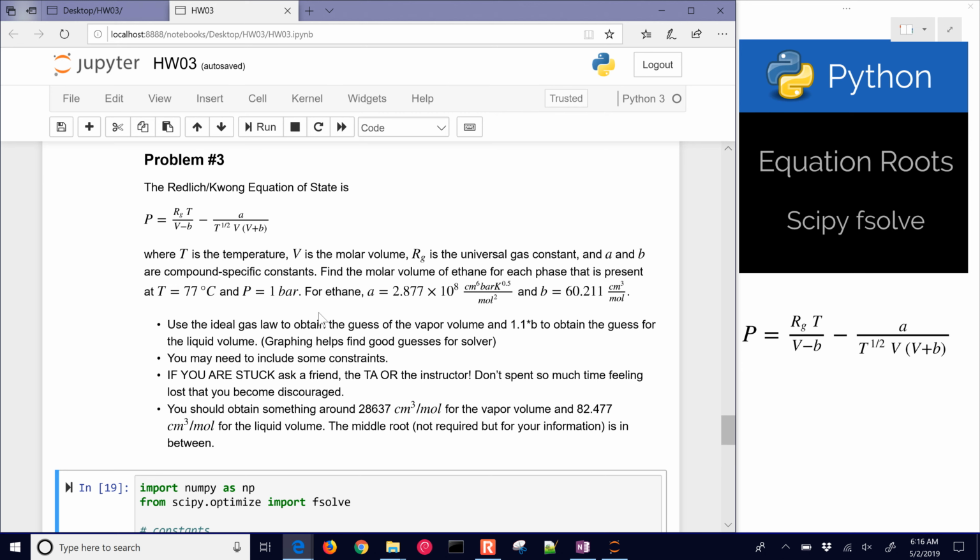We want to find the molar volume values for the gas and also for the liquid. We have T is the temperature, Rg is the universal gas constant, and A and B are compound specific constants. We have some of those constants listed there for ethane, and we're going to find this at 1 bar atmosphere and 77 degrees Celsius. So we have the one guess value that we can use, which comes from the